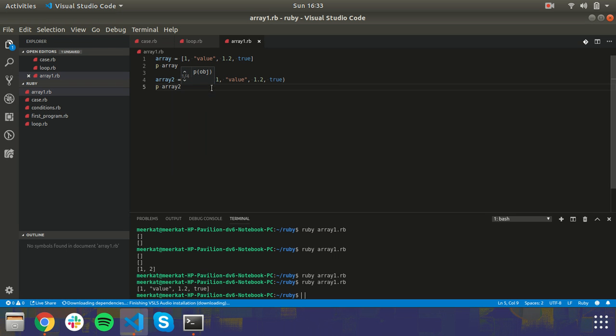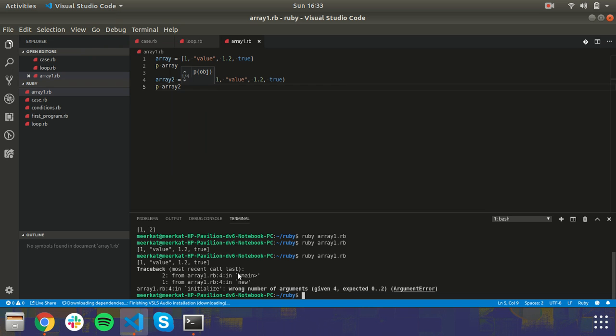If you try this, then you'll get an error, because this is not the way to initialize or add values in an array, so keep that in mind as well. Now that we've seen how to push values and how to initialize an array, let's see how to